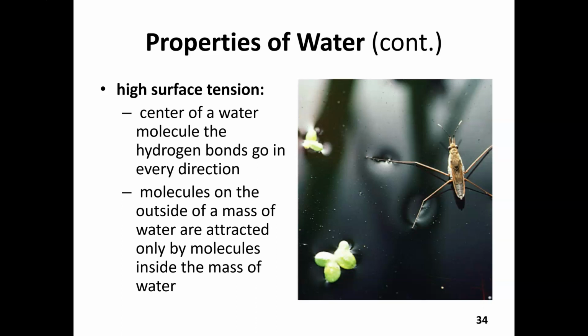Because water has such high surface tension, every time we take a breath in, our lungs inflate, and when we breathe out, our lungs deflate. The structures in our lungs that allow air to move across into the blood, so oxygen to move across, a diffusion process, those structures will fold in on themselves. So basically they collapse, right? Because of that, if we didn't have any protective chemicals, our lungs themselves would completely collapse and we wouldn't be able to breathe. So this high surface tension could actually be potentially harmful, but our cells produce a chemical